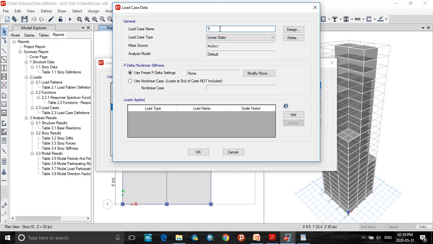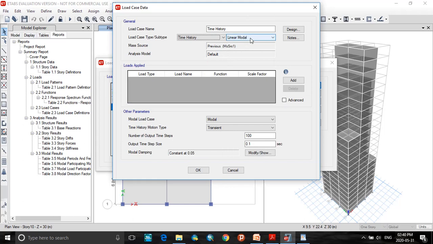So select load case type as time history. So here load applied, so add the loads.